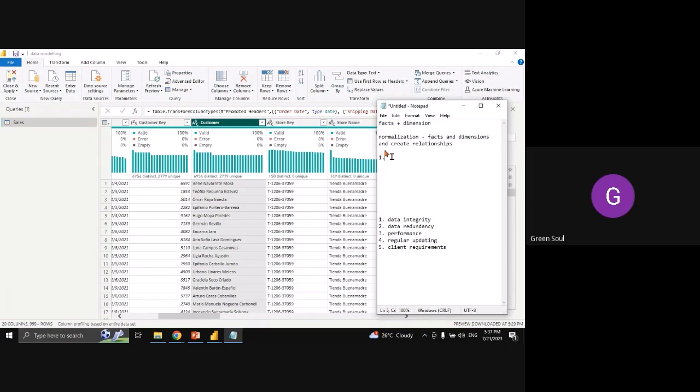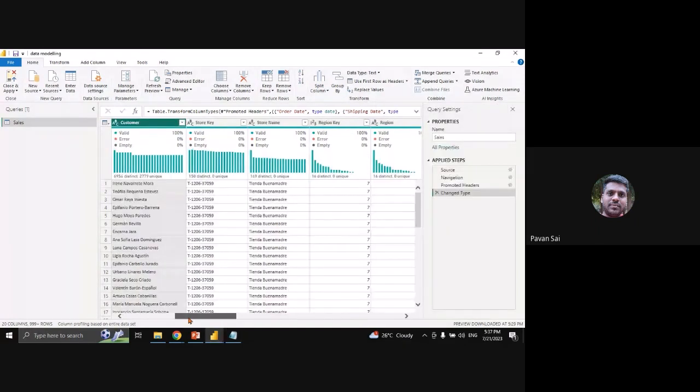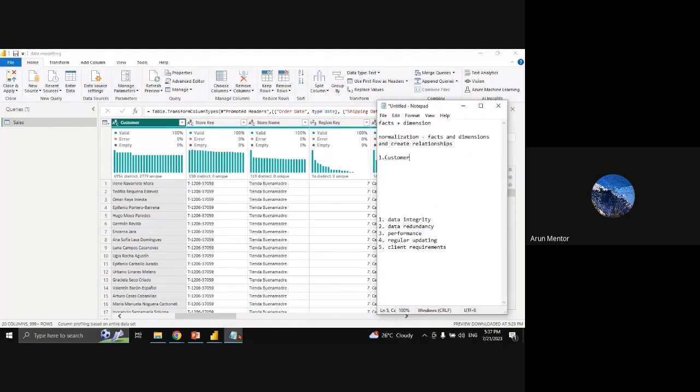It will be dimension. Dimension. I think dimension. Yes. Okay, now I have foreign key as customer key and customer is my dimension. Okay, store. So Pawan, the way I'm trying to, as a fresher, the way I think about